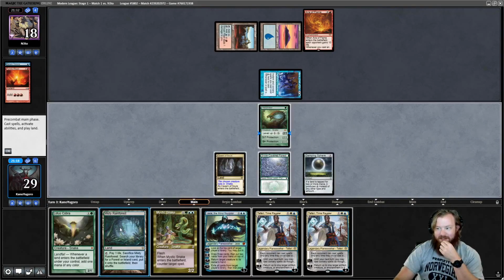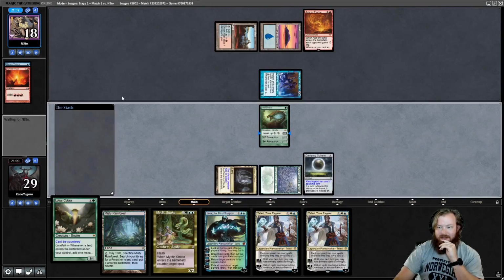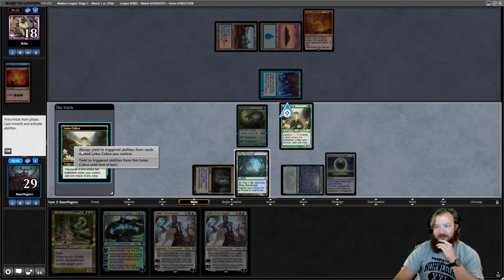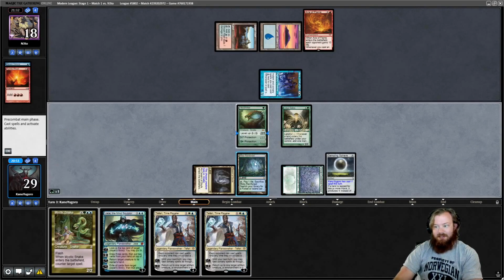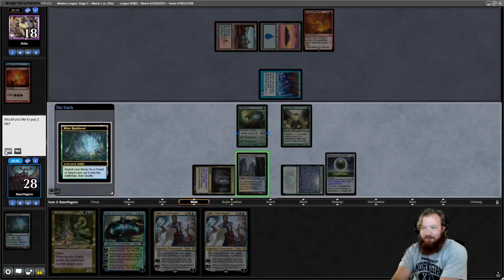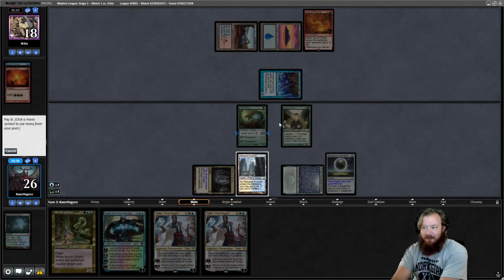So, we need to fetch up... We can't play Teferi. We don't have the right mana. So... Green. Play Lotus Cobra. Play Misty. We still can't play Teferi this turn, even though we can get 3 mana here, so we just have to level up Hexdrinker. So always yield. Add green, fetch, shock Hallowed Fountain. Add blue, level up,